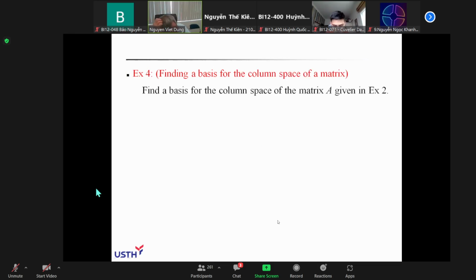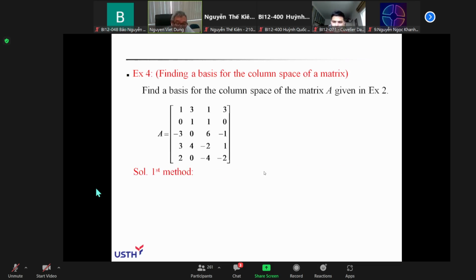Now I change into the column space. How can we find a basis for the column space? We take back the example in the previous, the matrix A in the previous example number 2. A is the big matrix like that, and you are required to find the basis for